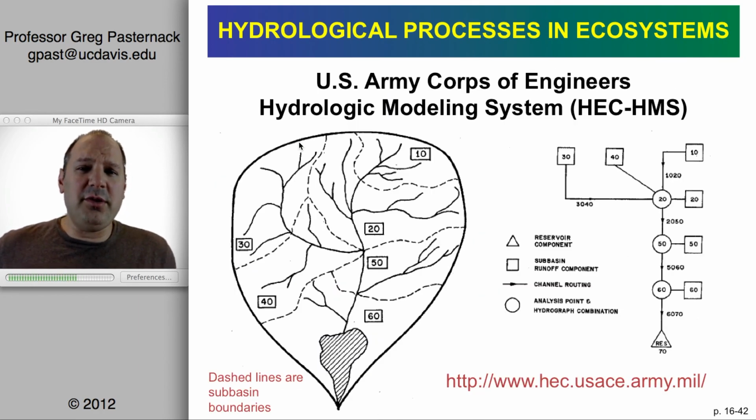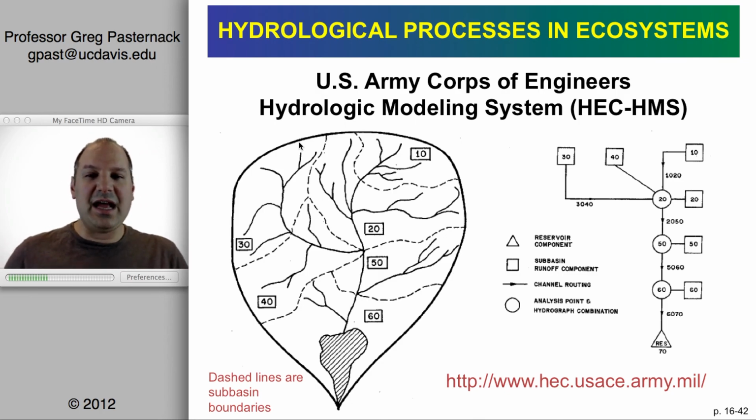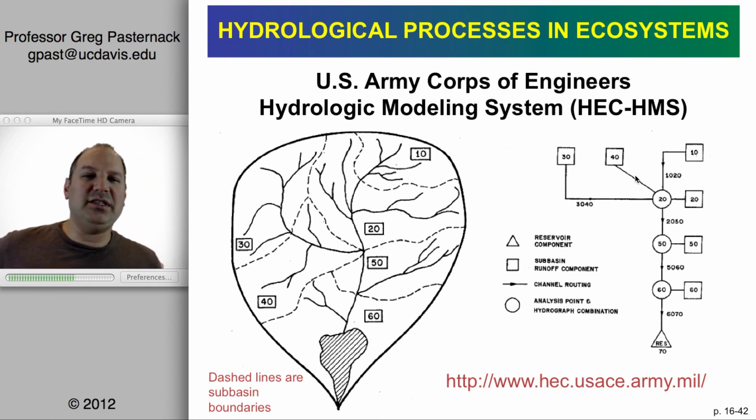And the model that we're going to be playing with is a very standard model used in consulting and professional hydrologic project practice in the United States, which is the United States Army Corps of Engineers Hydrological Modeling System. So there's a branch of the Army that's called the Hydraulic Engineering Center, HEC. It's actually located here in Davis, California. And the HEC has a model that today is called HMS. Historically, it was called HEC 1. And HEC 1 is the most simple,